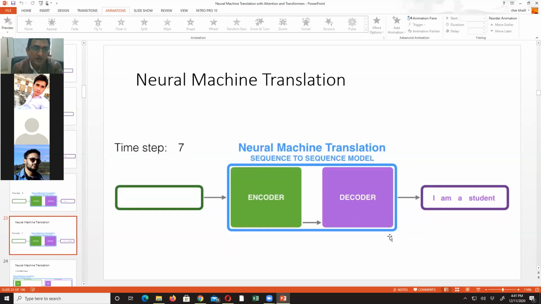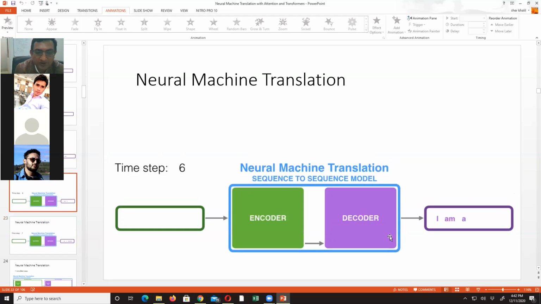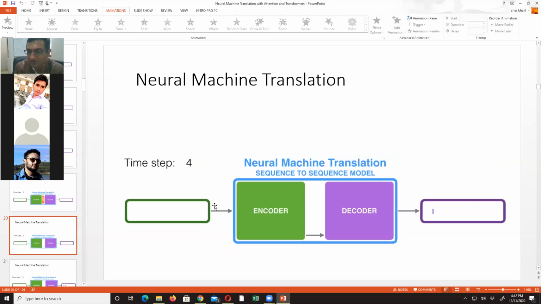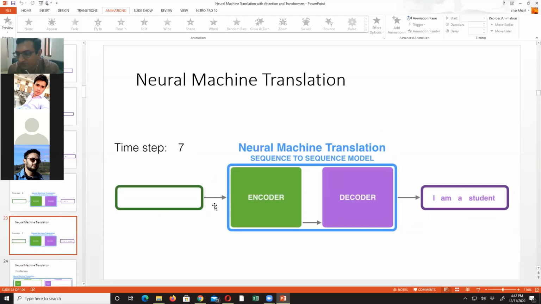I am a student. I mean, just don't worry. You might argue that, come on, here we see just 3 words, and this is French. From this French sentence, how come we are able to recover these 4 words? I mean, that is machine translation. This is machine learning. This is not a dictionary. This is not that you are mapping word to word. This is actually machine translation. So the machine knows that when I say the French for "is student", I need to produce "a student". So this addition of "a" will actually be learned by the machine when you train it.